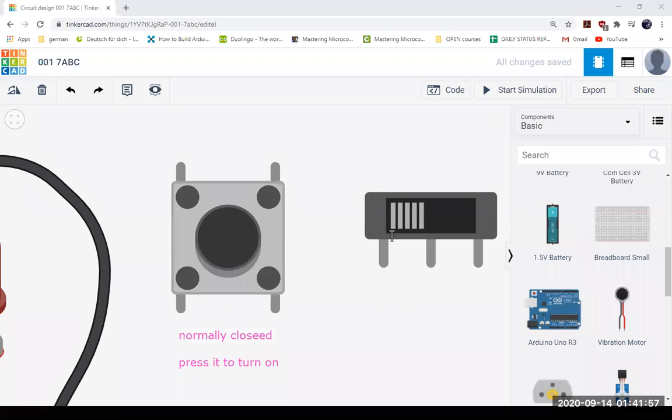Actually the slide switch can give power to either one of the two states. Okay, so this is also simple. Consider this is pin 1, this is pin number 2, and this is pin number 3.